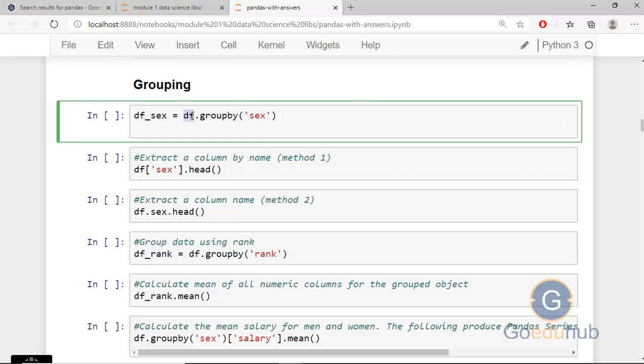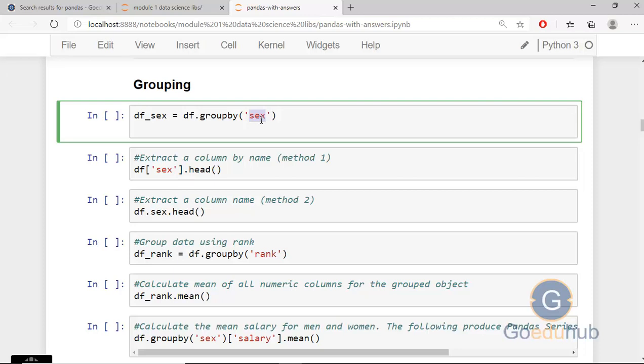Now we just want to make a group of data. In our data frame df, we have 78 rows and 6 columns. One of the columns is sex, and inside this column we have two types of values, male and female. We just want to make a group of males and a group of females separately. So we can use this groupby function, like df.groupby, and inside this we can write a column name. So here I'm just writing the column name sex. It will group our data on the basis of this column.